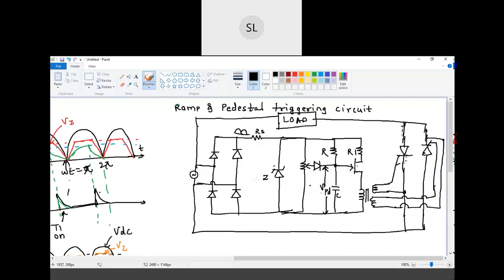Now if you observe here, the difference you can see is this. So this is resistor R2. Okay. So this is the extra circuitry that we have added to the previous circuitry. So what is the effect of this? Because of this, a certain amount of voltage will always be maintained across this capacitor C. So here this VPD will be less than the peak point voltage VP. Okay.